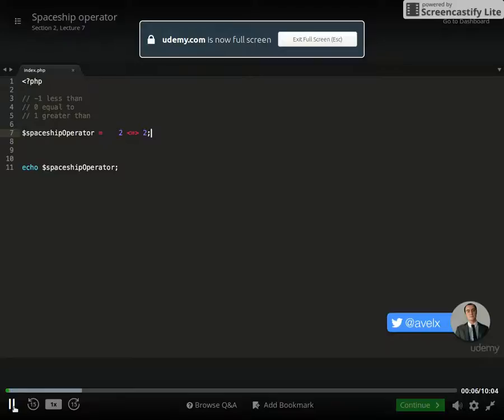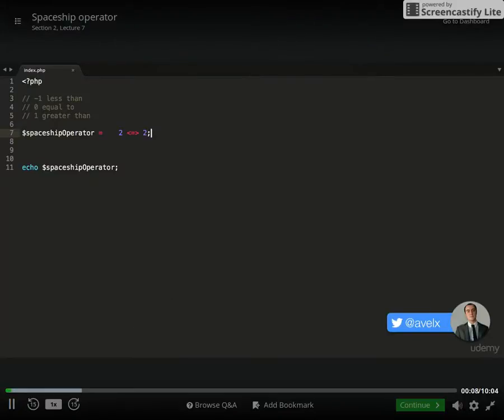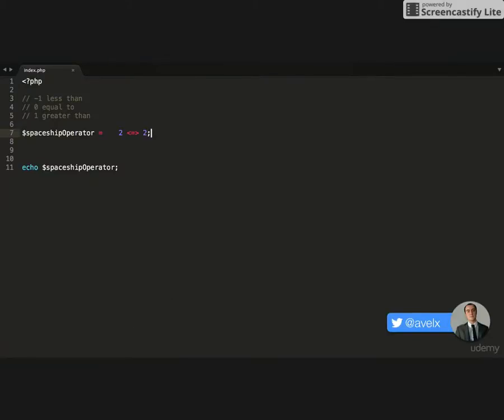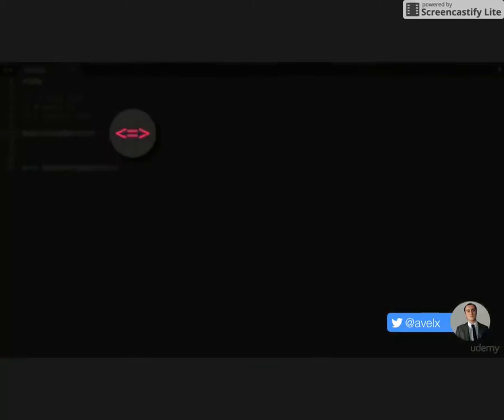and that is the spaceship operator. And it does multiple comparisons and returns a value depending on the values to the left and to the right of it. And the reason why it's called a spaceship operator is because it kind of does look like a spaceship. So the way that we type this operator out is we have the less than, equals, and then the greater than symbols, and you put them all together and it looks like a little spaceship,